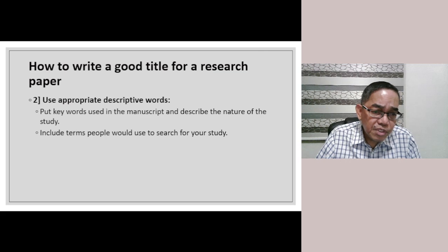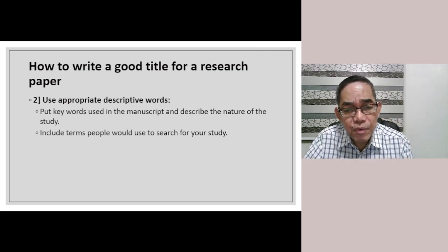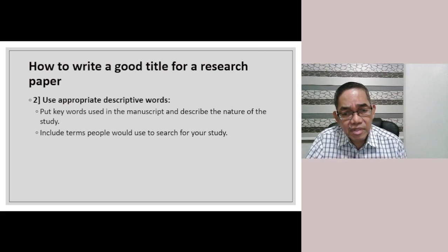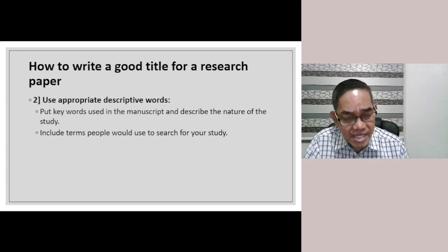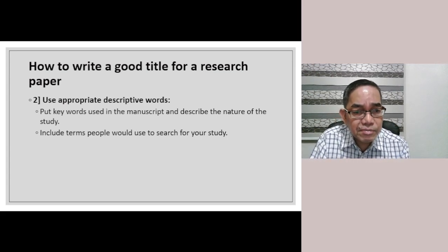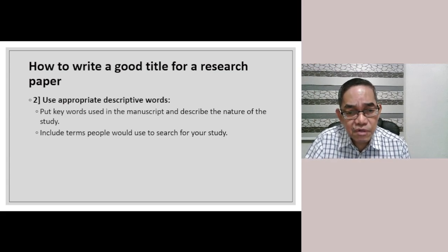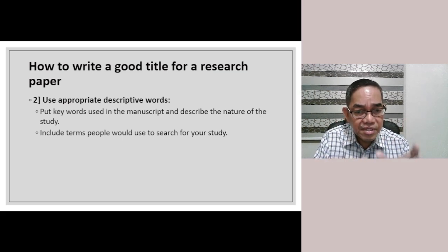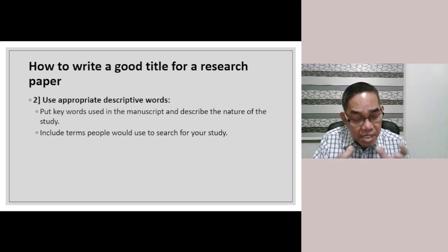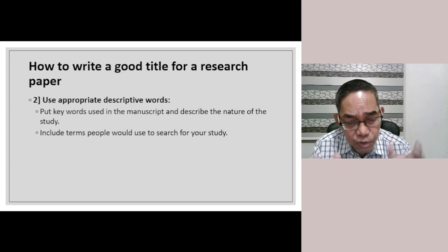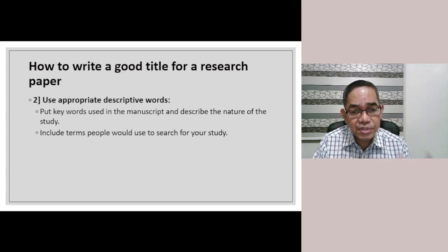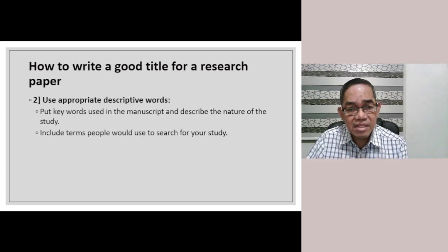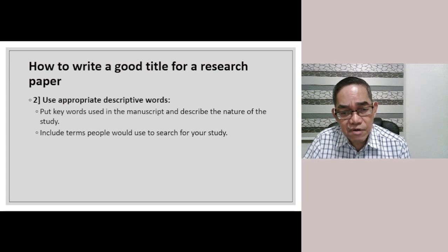Tip number 2, use appropriate descriptive words. Put keywords used in the manuscript and describe the nature of the study. So include terms people would use to search for your study. Because as we said, these will be the keywords that people might put in their search engine, so that your paper can be seen by people searching for